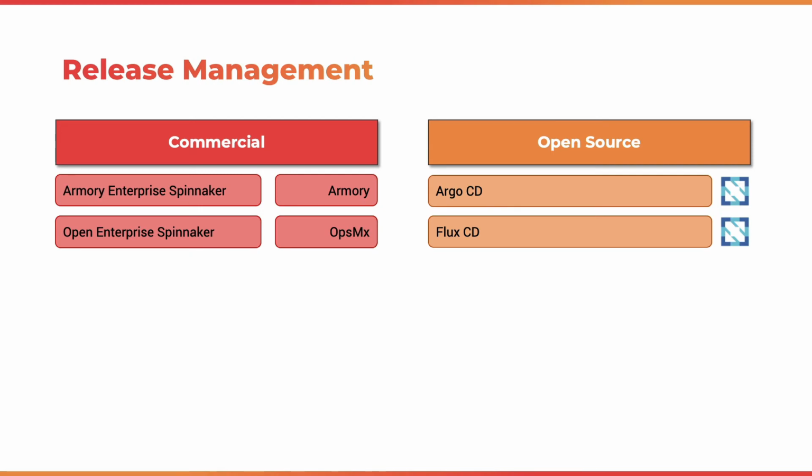And there we have open source technologies like Spinnaker, which is becoming very popular. And Spinnaker is delivered through two companies which are well known in the ecosystem. One is Armory. The other one is called OpsMX. So both of them are delivering commercial Spinnaker offering. And when it comes to open source, there is GitOps. Unfortunately, I don't have enough time to cover GitOps in this session, but it is getting a lot of traction, a lot of attention of the DevOps community. So Flux and Argo are the open source tools for performing GitOps based release management.